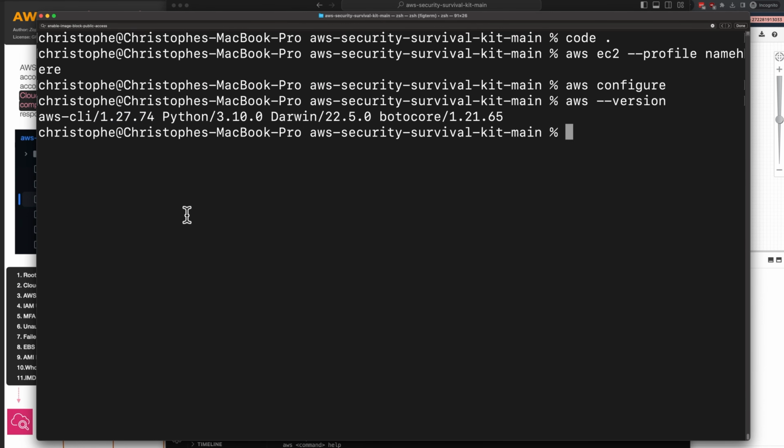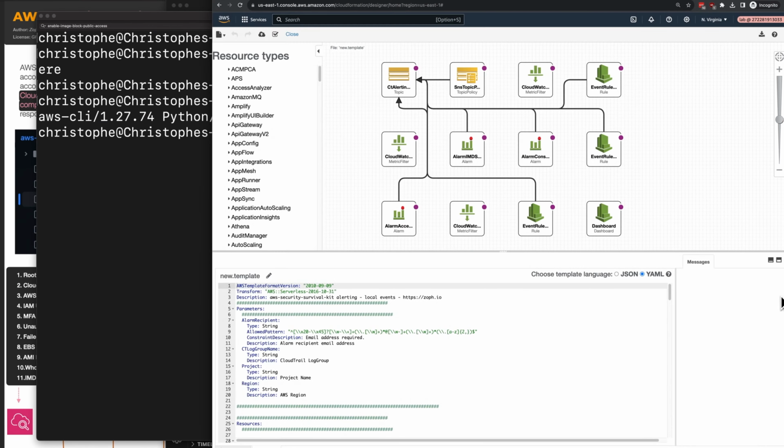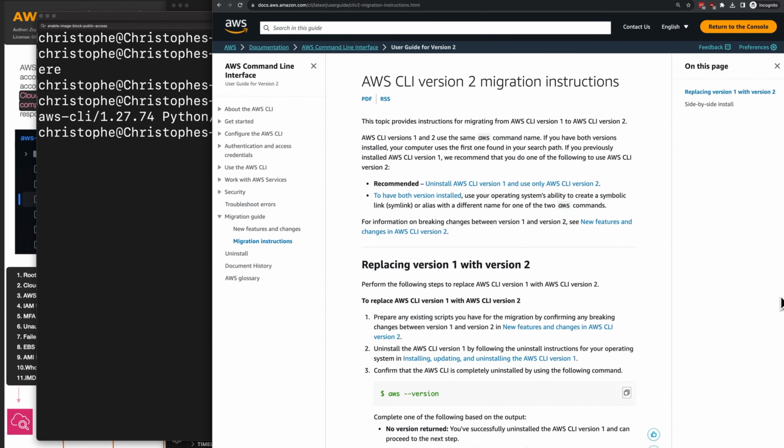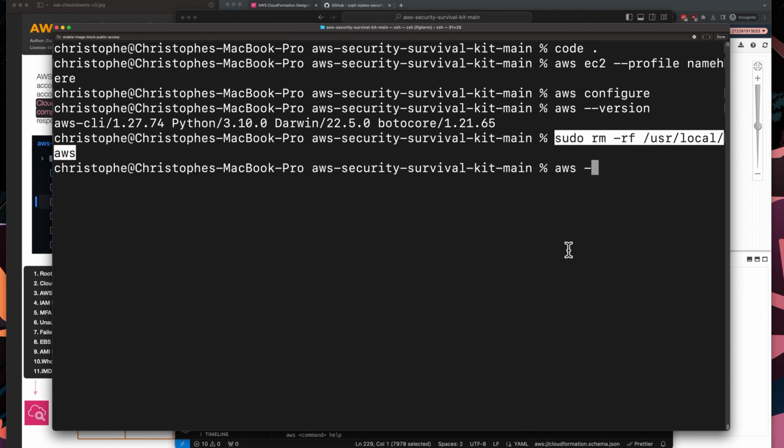If you're not running v2, you probably want to upgrade now. There's really no need for you to stick to v1 unless you have some scripts or something that require that. But for most people in most use cases, you should go ahead and migrate. And so I'll leave documentation linked below the video if you would like to do that. But I'm going to do that real quick and then I'll come right back and we'll rerun this command and it will succeed. Okay, I've now updated my CLI version, and so I can go back and do --version